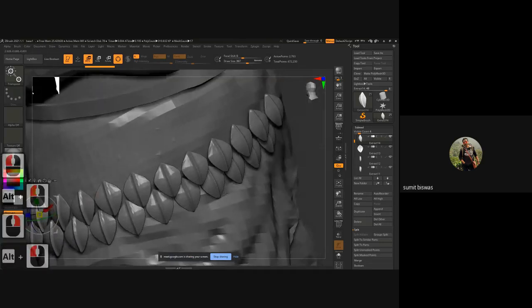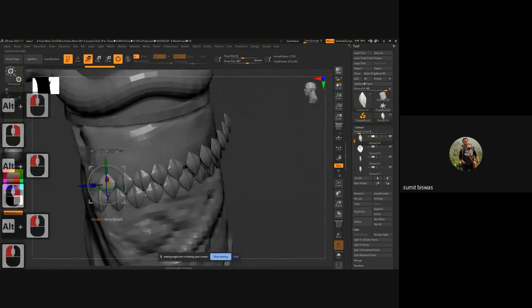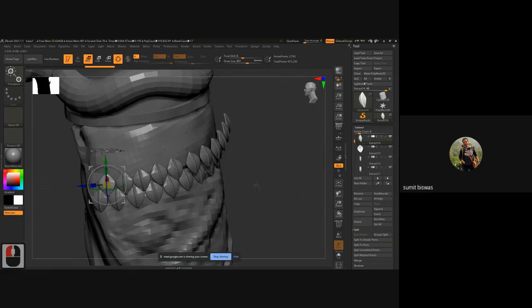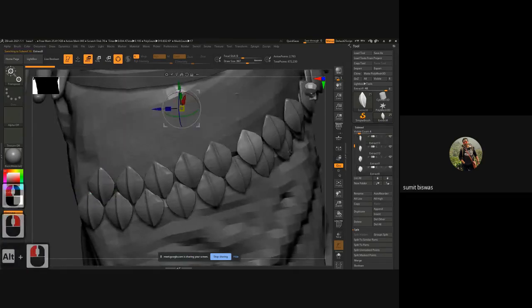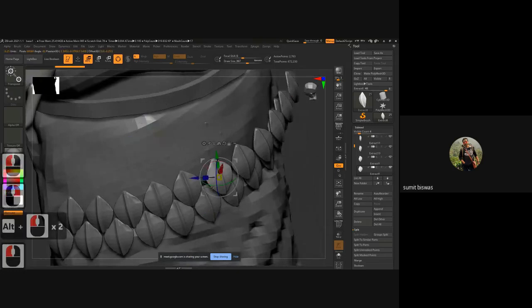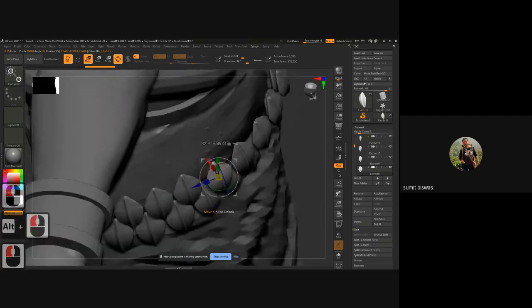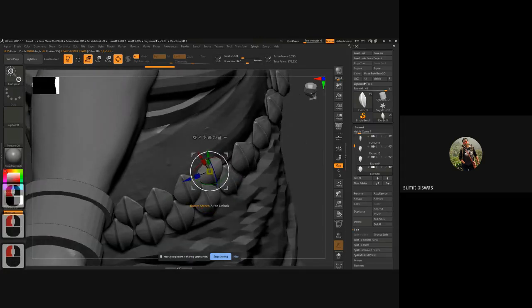Or if you want, you can create a cluster of this, like four pieces together, combine them, rotate, fit. You can do that as well. We do the same thing we do in 3ds Max: we create one cluster, then rotate and duplicate it and create the entire pattern. That is also possible. Because to create one single thing, there are hundreds of ways. So whichever suits you, you can follow that.